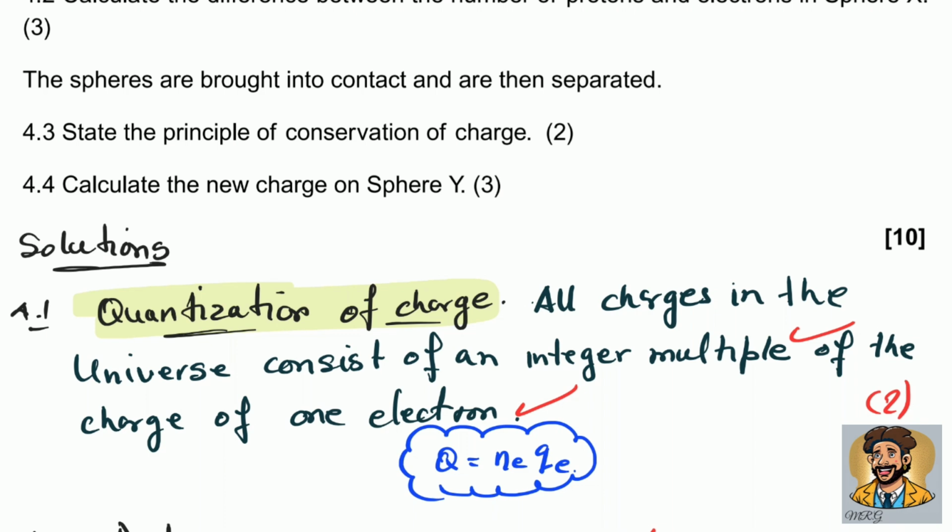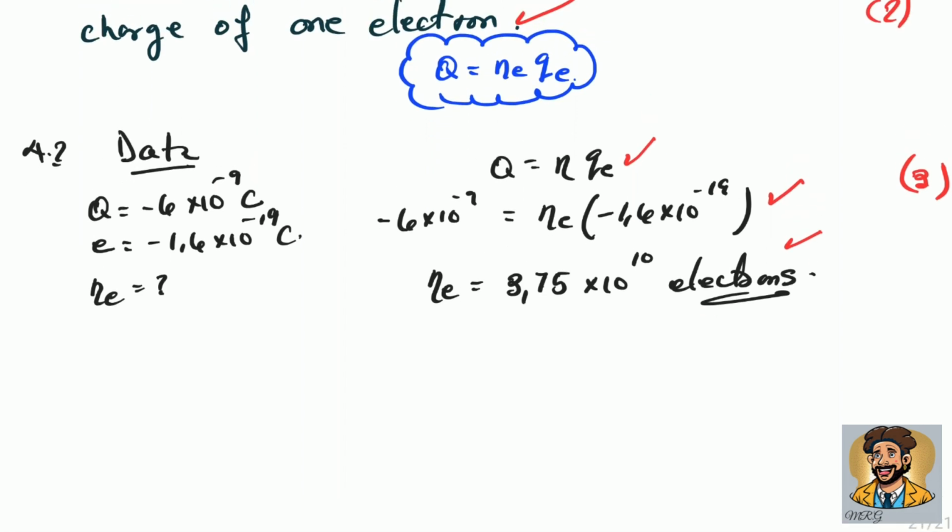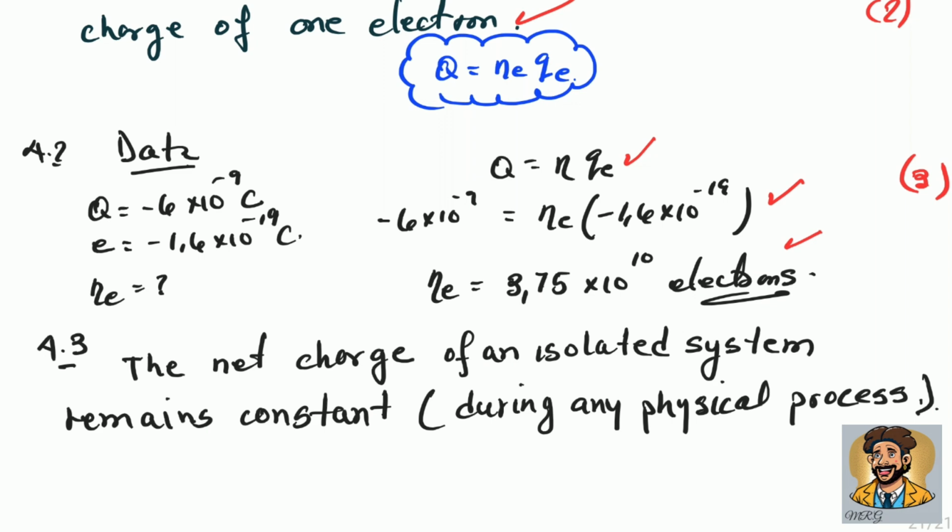Question 4.3 states the principle of conservation of charge. Also very important, it could be asked in the exam. So let's write it here. Question 4.3, conservation of charge. And this says that the net charge of an isolated system remains constant during any physical